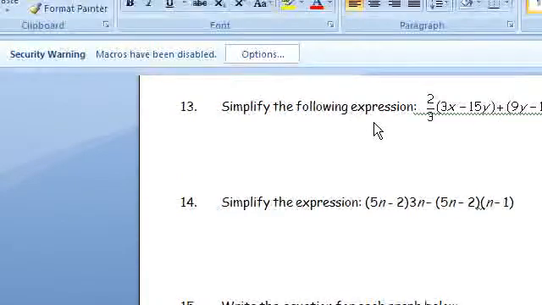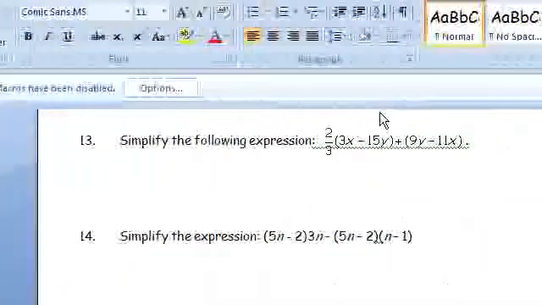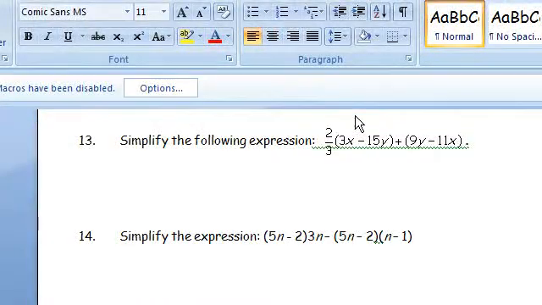Okay, 13 and 14. Pen, activate. Good. Simplify the expression. Well, I see a distribution that we can do right here. We can take that 2/3 and multiply it times these two items in the parentheses. So 2/3 times 3x. I'm not going to tell you how to multiply that. You can do that on your calculator. But 2/3 times 3, I can go 2 times 3 divided by 3. So that would be